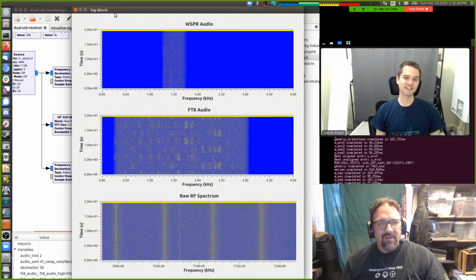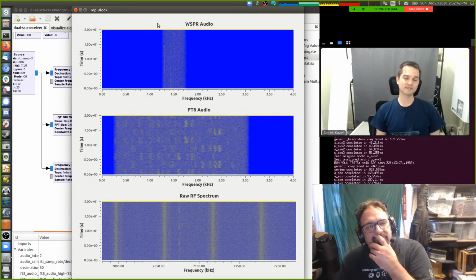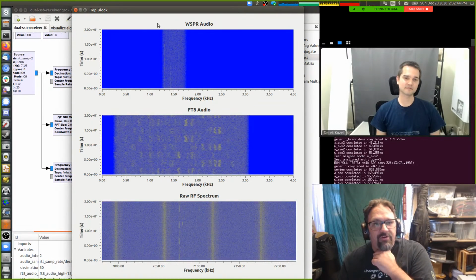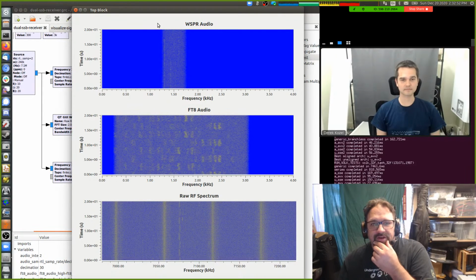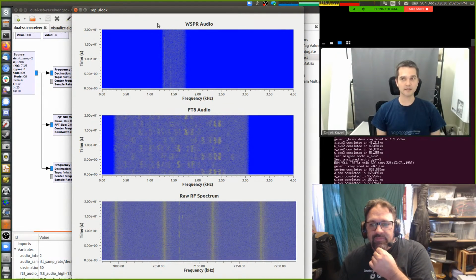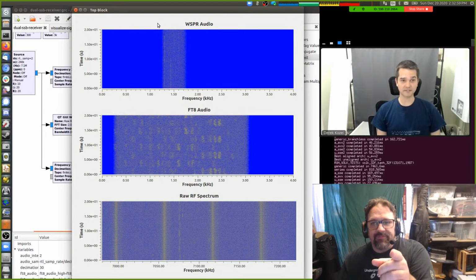Yeah. So one thing I haven't thought about, and this is actually probably something that GNU Radio would be perfectly suited for, can I decode FT8 natively in GNU Radio? Can I decode Whisper natively in GNU Radio? Yes, it's a topic for another stream. We're not getting into it now, but